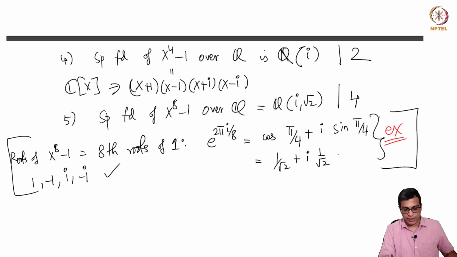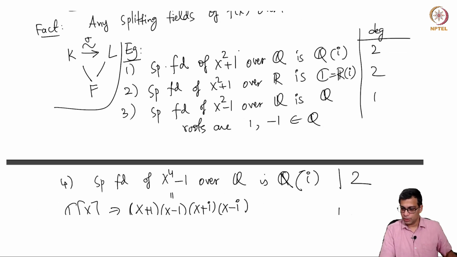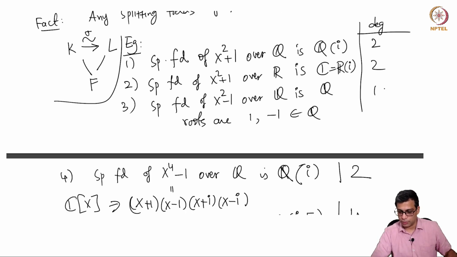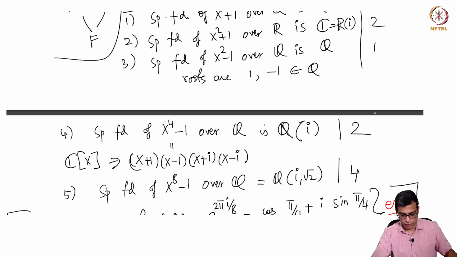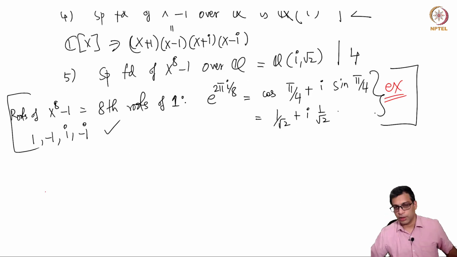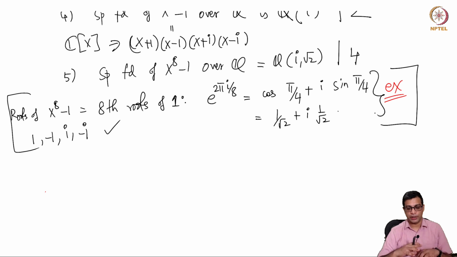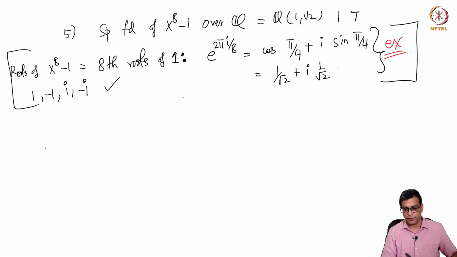So as you can see, the degree of the splitting field is some number which is less than or equal to the degree of the polynomial. Here degree of the polynomial happens to be equal to the degree of the splitting field. Here degree of the polynomial is strictly more than the degree of the splitting field, and so is this in these examples. Okay, so the entire Galois theory is really about studying splitting fields. So when I start proper Galois theory next time, I'm going to spend a little bit more time on splitting fields and introduce new concepts there. So this is just to give you a basic idea of the definitions of splitting fields.